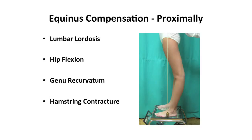Equinus compensation proximally. Proximal compensation can result in lumbar lordosis, hip flexion, genu recurvatum, hamstring contracture. The picture on the right shows an extreme case of genu recurvatum that can often be associated with proximal compensation